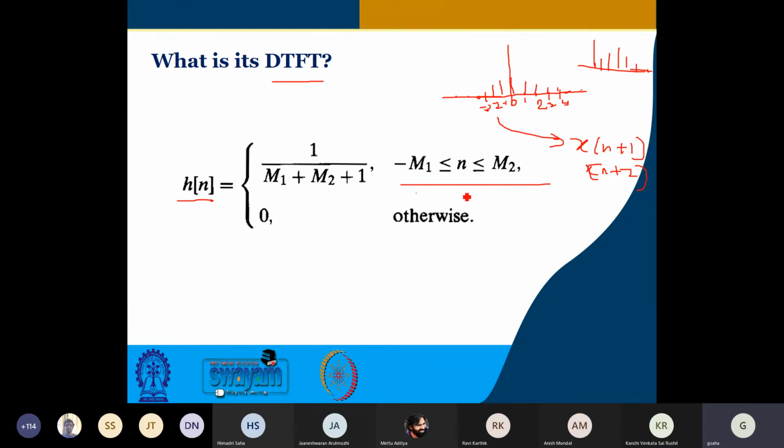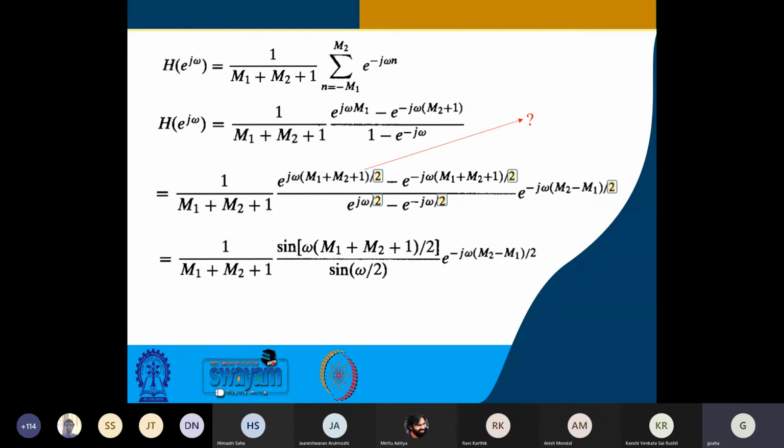Right now, to begin with, we have some such thing. Here we considered M1 and M2 to be different, but usually in actual practice, other than the causality aspect, you will see that M1 and M2 are the same. It is symmetric about the midpoint, or n equal to 0 in this case. This is the practical system that we will handle later. Here we start with a more general case. Now, if we go ahead, we just use the equation. First have a look at the steps, then we shall definitely discuss it.